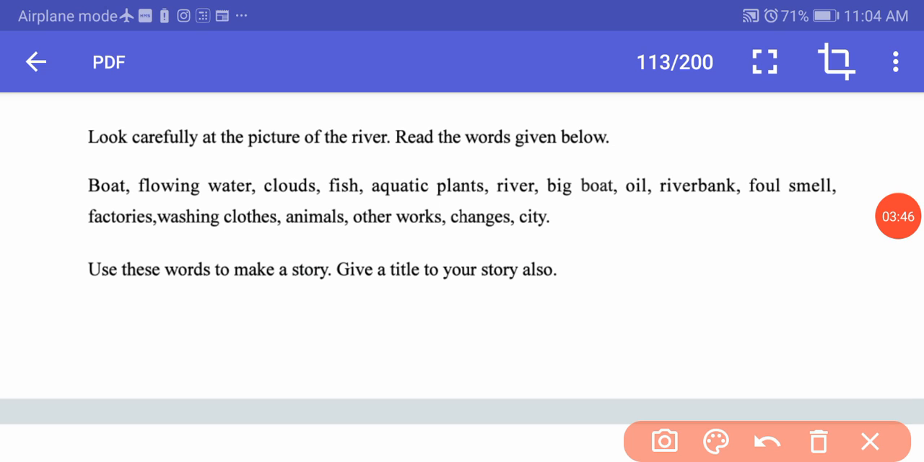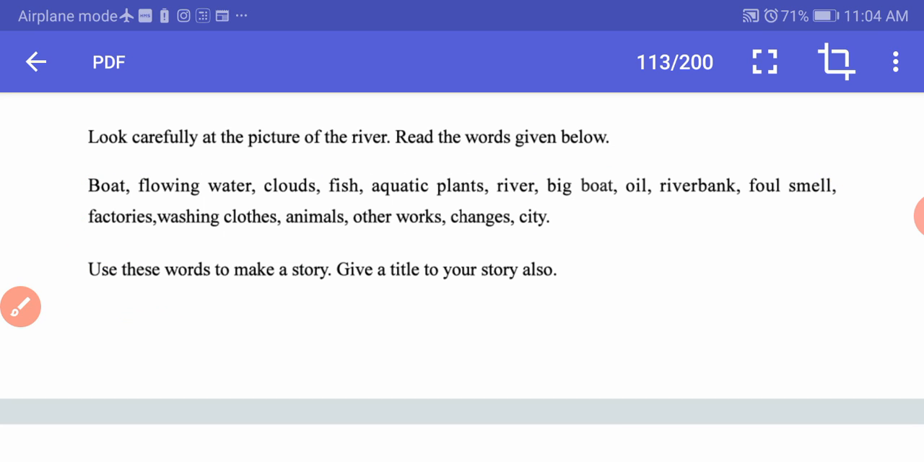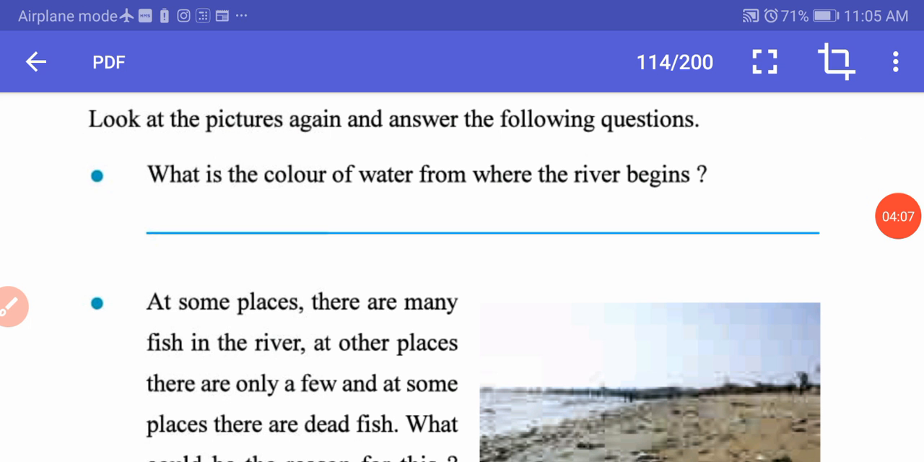Now let's read further. Look carefully at the picture of the river. Read the words given below. Now here there are a few words given down. For example, boat, flowing water, clouds, fish, aquatic plants, river, etc. Now using these words you have to make a story of the river. On the next page, on page 102, look at the picture and